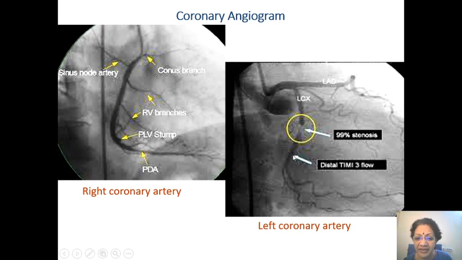We don't know that yet, but the cardiologist is looking at how much compensation is taking place and what is the extent of stenosis and what is the distance of stenosis. By that he will decide how much of a stent, which type of stent to choose, and so on and so on. So it's a very sophisticated and detailed expertise which is required to be able to figure out from this diagram itself